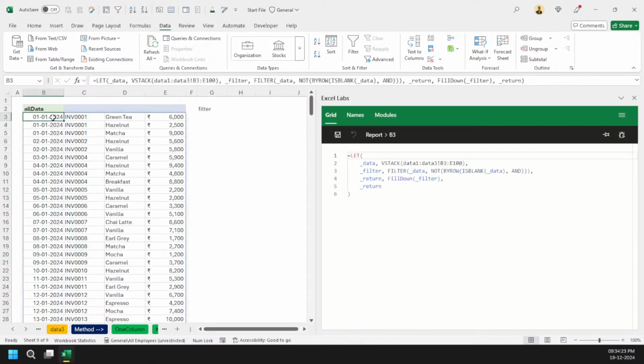So this is one of the ways you can automatically get all the values directly, filling down in one go instead of waiting for Power Query or using that trick. We have now got a dynamic, custom function of our own to consolidate the data across sheets in one go.